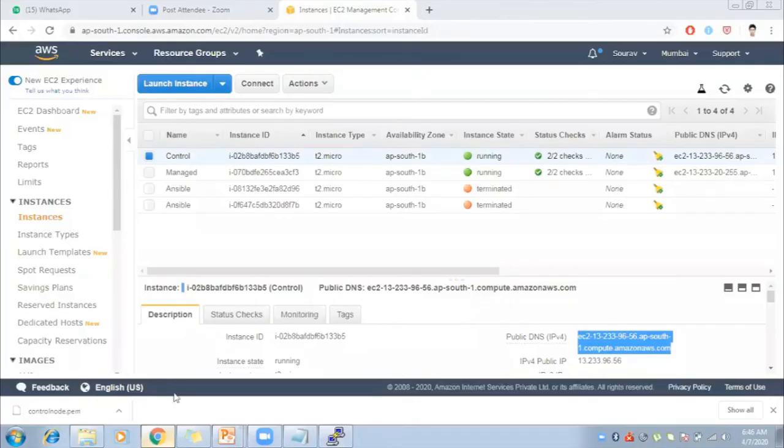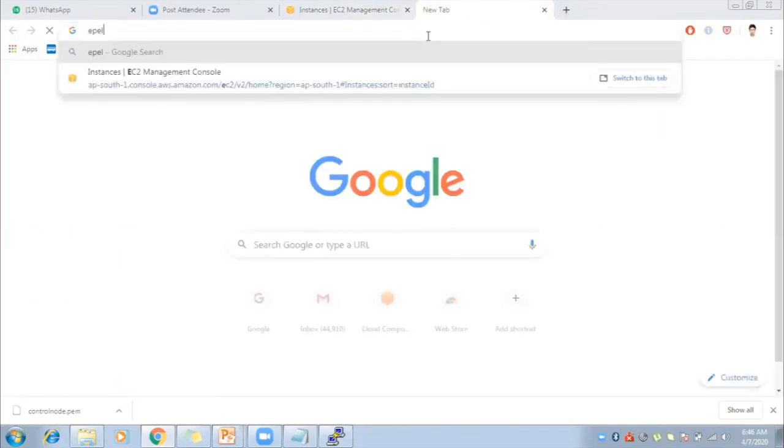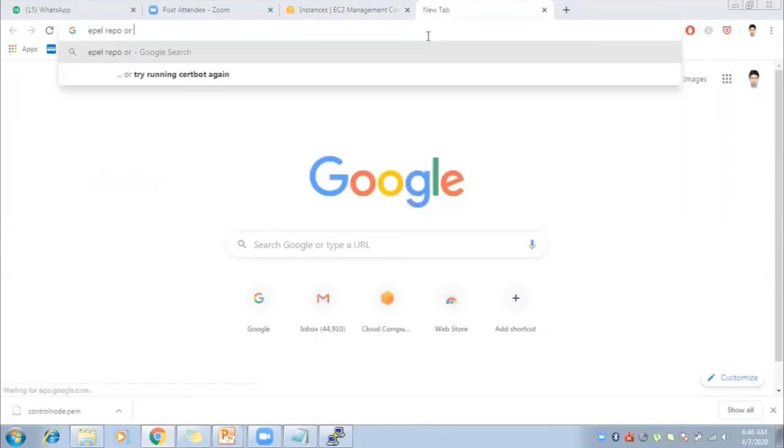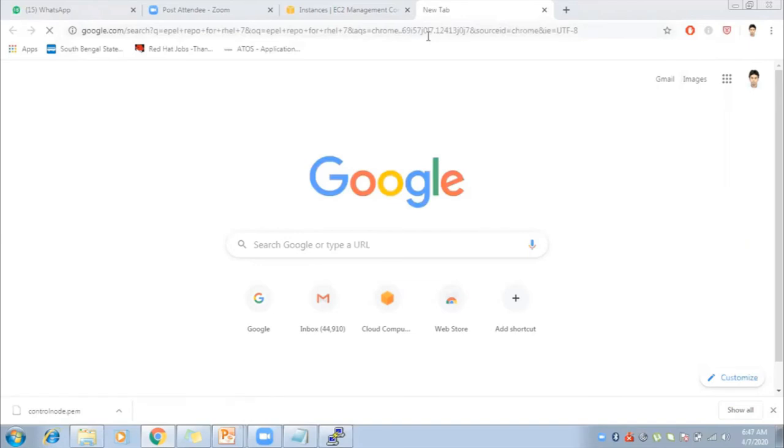So now on the internet you can get it. Here, simply type EPEL repo for 7.